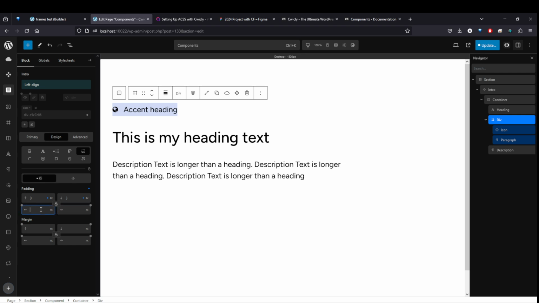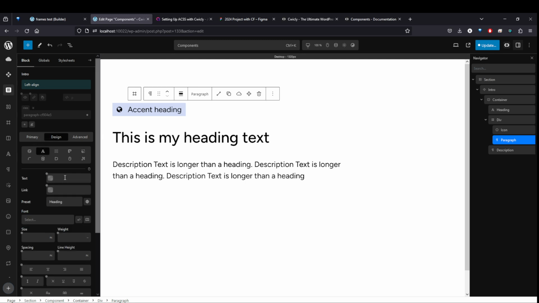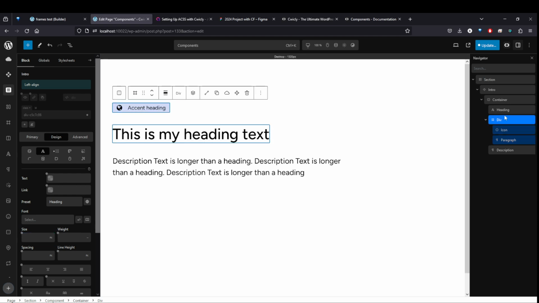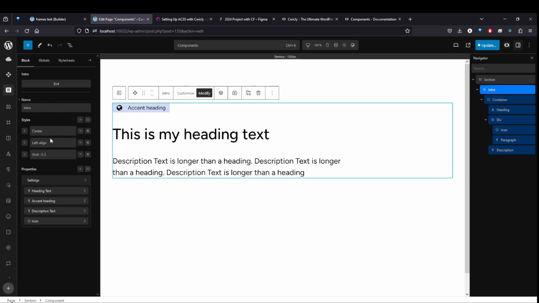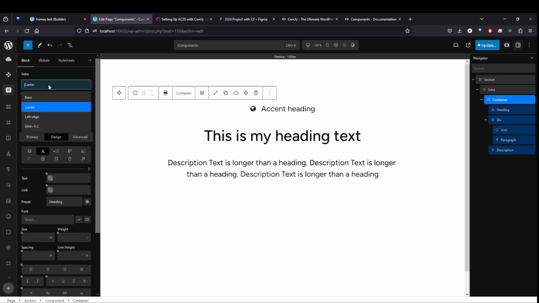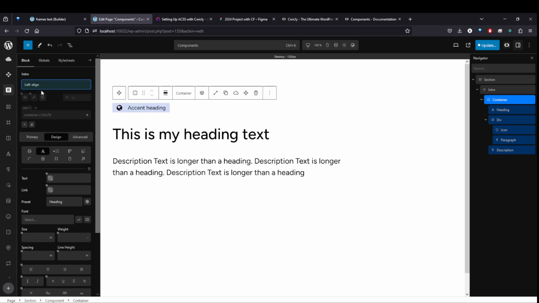Wish they had a lock opposite sides. That would be cool. My paragraph text, I can come and put size text s. Okay, so yeah, all my variables work from Automatic CSS. So that's pretty cool. So I've got my various alignments there. That's left align. We've got center. Now let's do the